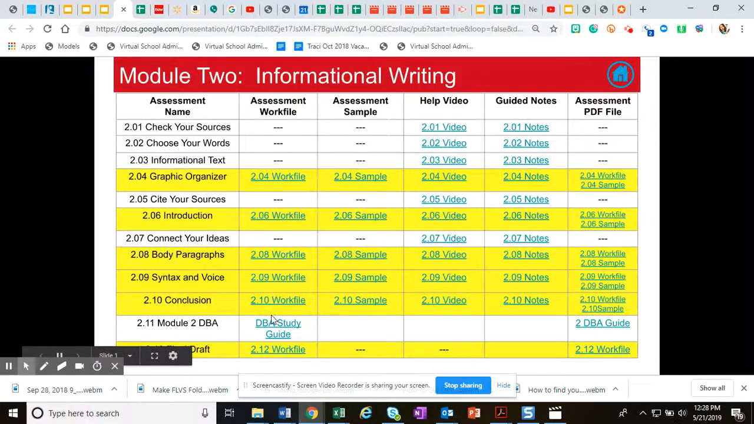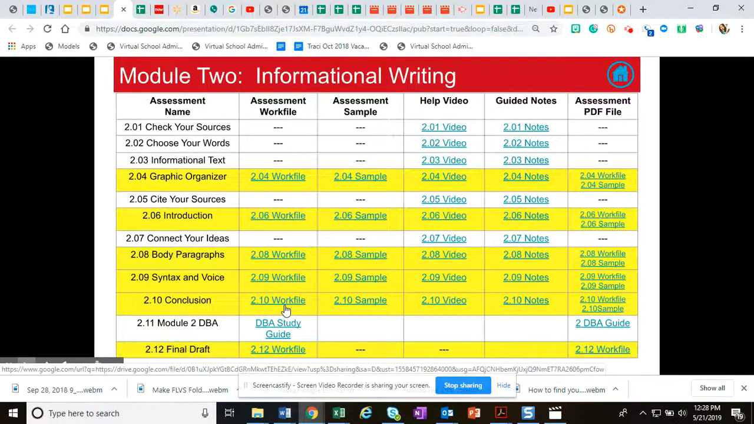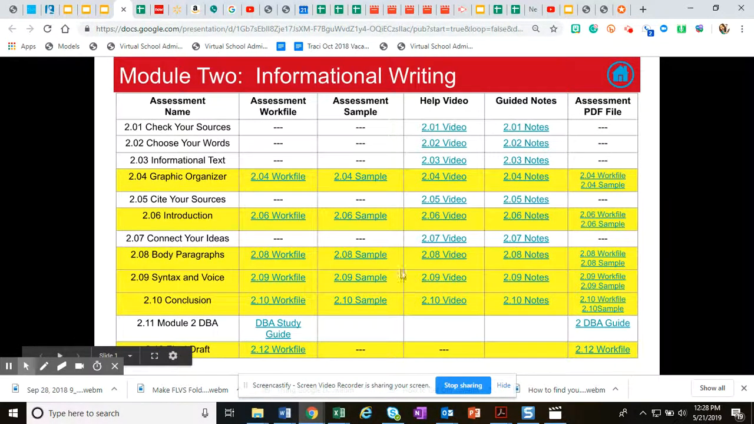In Module 2, we're going to have quite a few more written assignments. So this module might take you more time than the first module because there's a lot more written assignments in the class. So what's really nice about our help site is that we do have samples for all of our